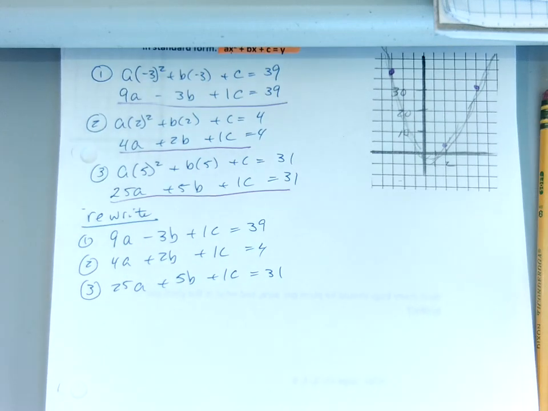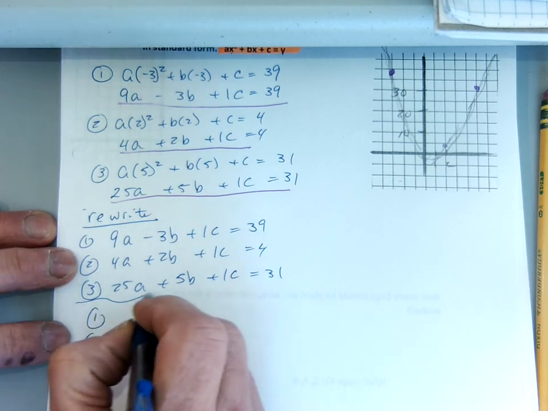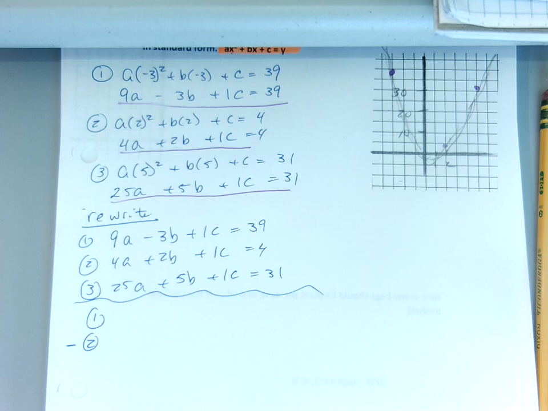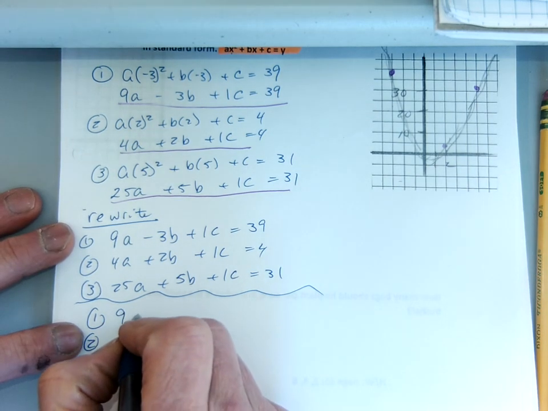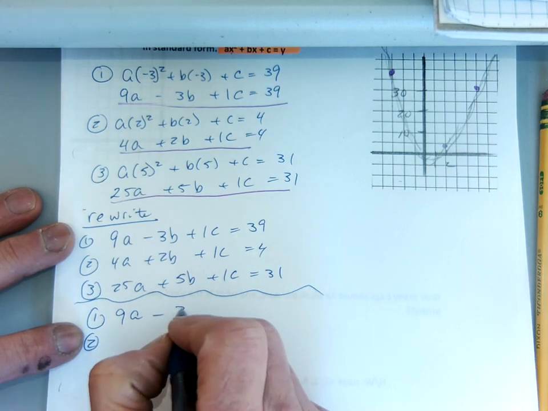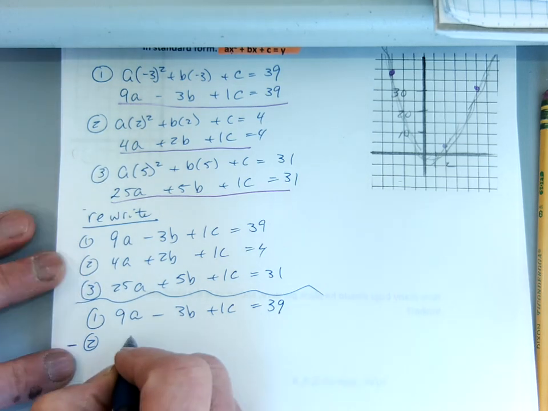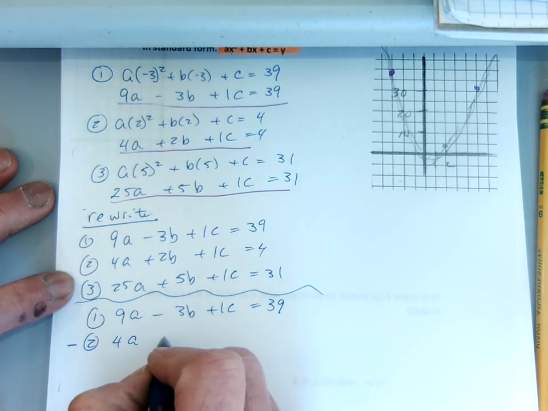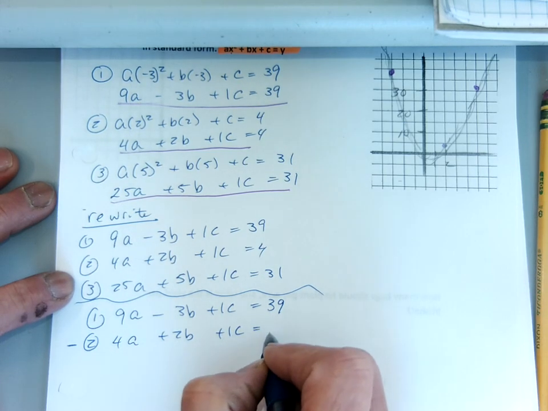Now the easiest variable to eliminate is c. Everybody agree with that? Yep. So I'm just going to start with equation 1 subtracting equation 2, okay? So I'll have a 9a minus 3b plus a 1c equals 39, and I'll have a 4a plus a 2b plus a 1c equals 4,